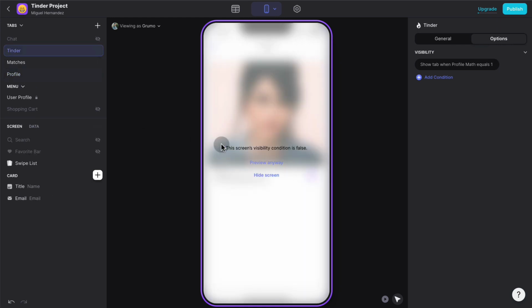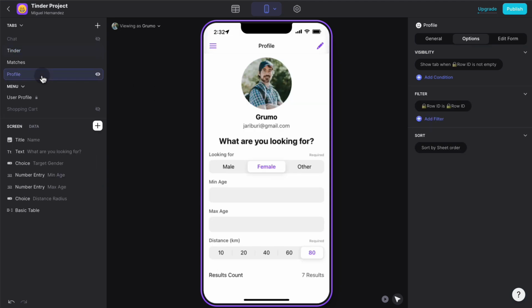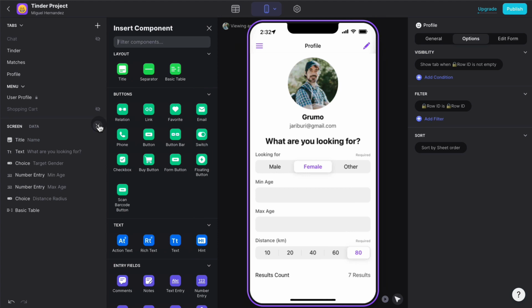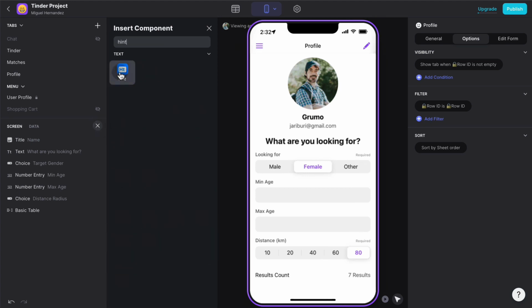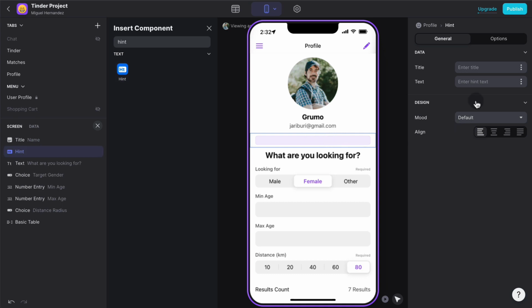The other two ones, it says this screen's visibility condition is false, so I cannot see it, which is forcing me, the moment I create the account, to fill in all the data. And I could have here a little warning. To create warning messages, you can use the hint component. And then we can show the component